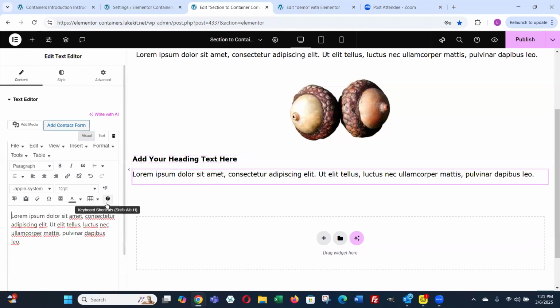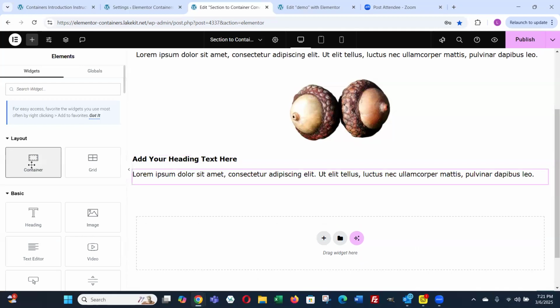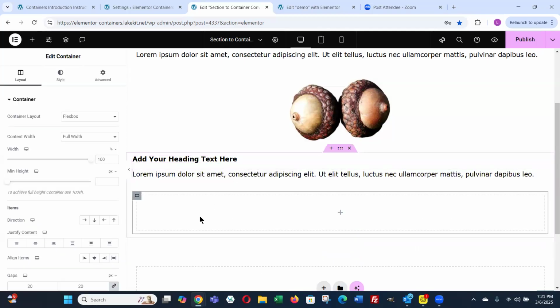And then we're going to add a container below that, a child container. And we're going to click on the horizontal arrow here to make it a horizontal container.